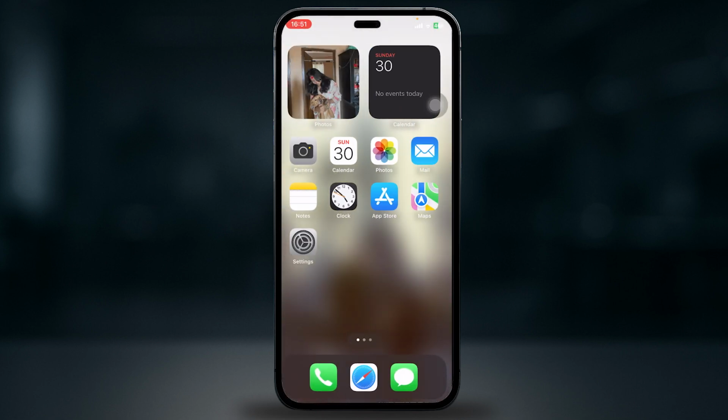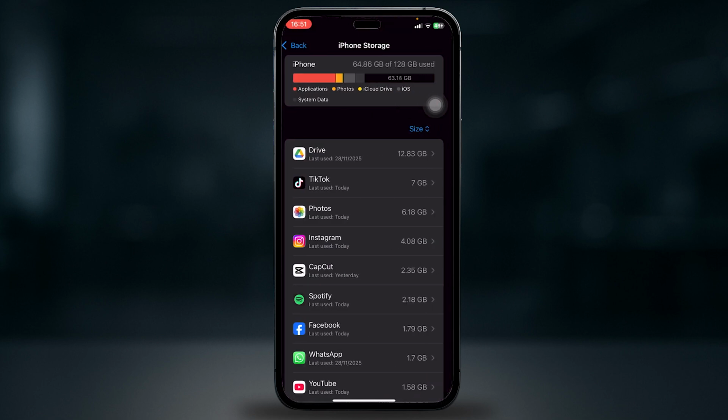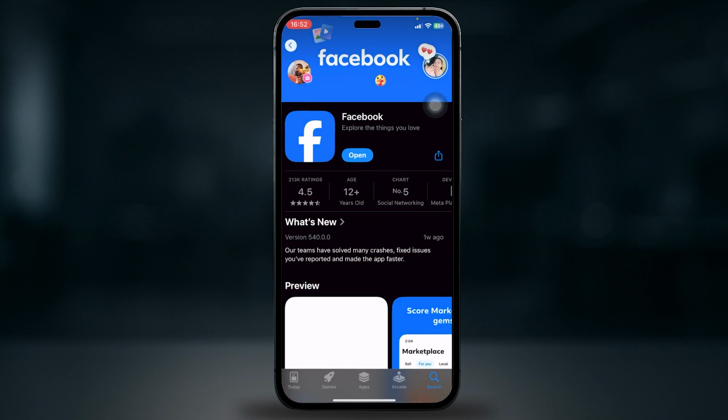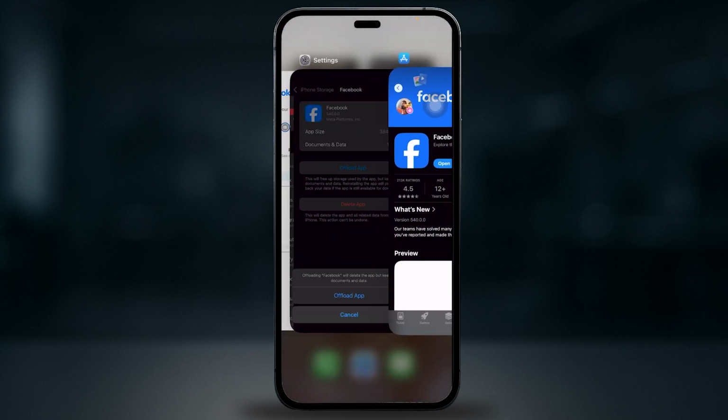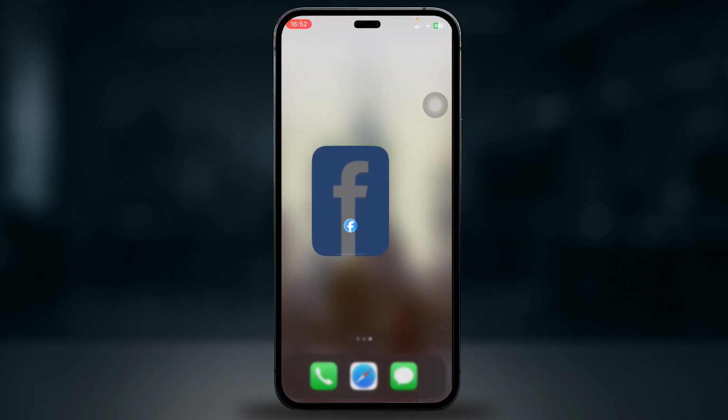If it still does not work, go to settings and then search for iPhone storage. Go to Facebook, click offload app, and this is how you clear your app cache. Next, head over to your app store if that does not work, and make sure that your Facebook is updated to the latest version. Now if none of these methods that I've shown you work, then just go ahead